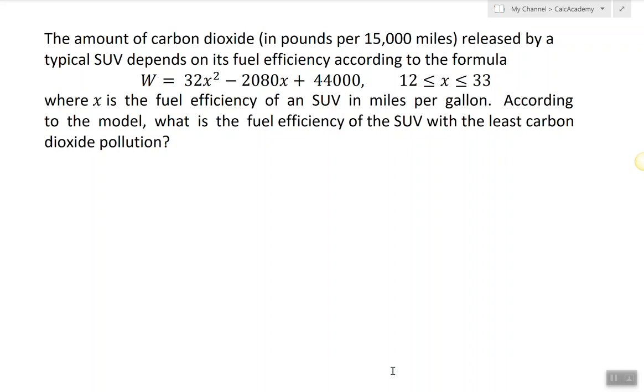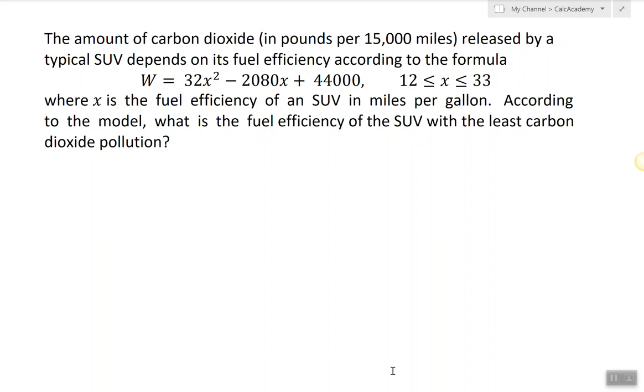In this video, I will show how to use a quadratic model in an application like this. So we have a quadratic function that describes the dependence between the amount of carbon dioxide and the fuel efficiency. X is the fuel efficiency, W is the carbon dioxide. So the question here: according to the model, what is the fuel efficiency of the SUV with the least carbon